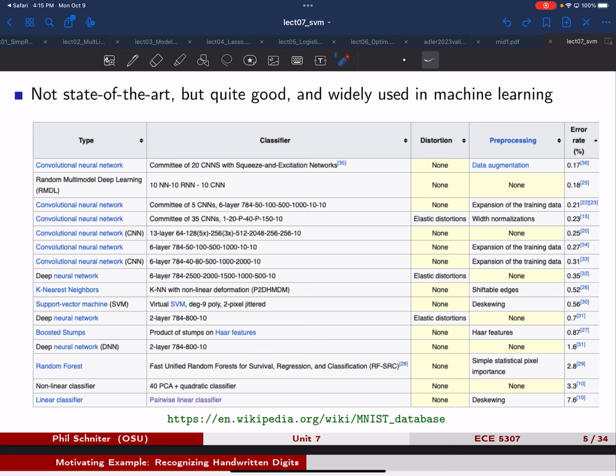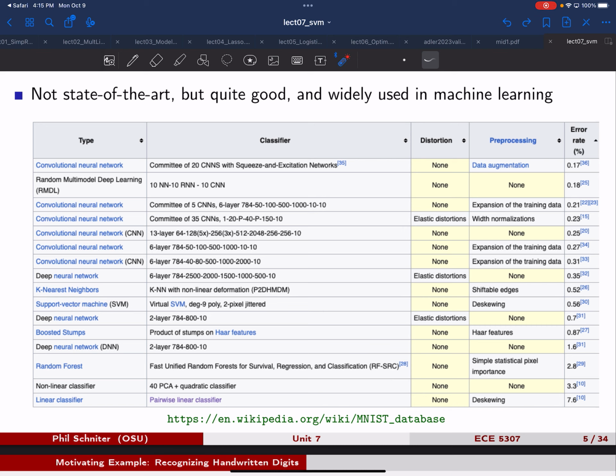But if you look at the entries, you have these different models, from best to worst. You have things like convolutional neural networks getting an error rate of 0.17%, so less than 1%, all the way down to the linear classifier,